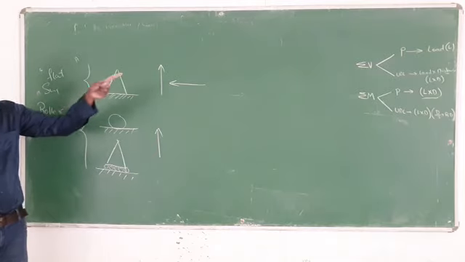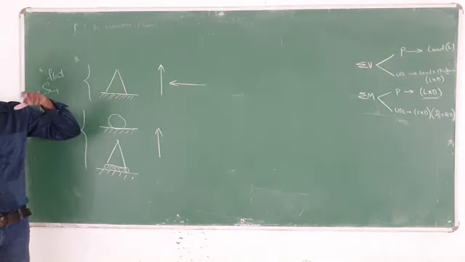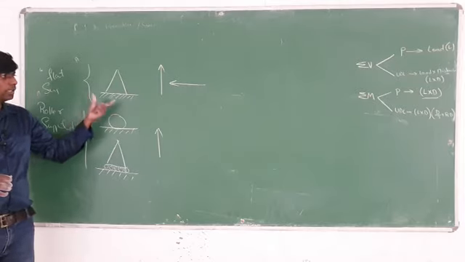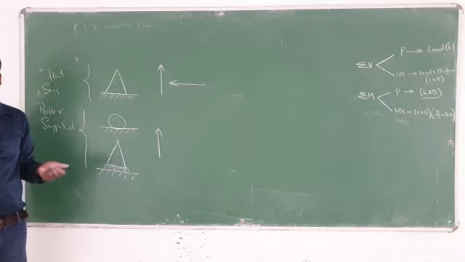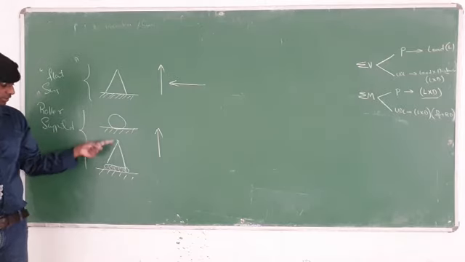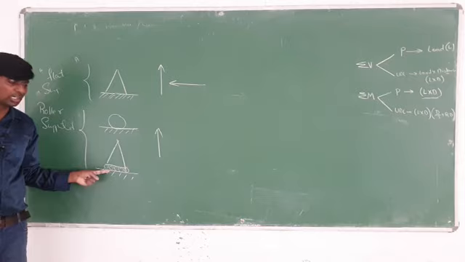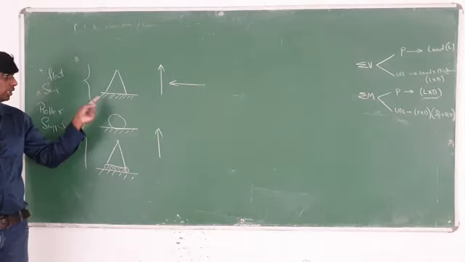First, you have to remember that thing. Second, you have to remember in which quadrant the given force is lying, and third, you have to remember whether the given support is a roller support or a flat support. This comes under roller support, and this comes under flat support. Here you can see rollers are there, so this also comes under roller. Here rollers are not there.